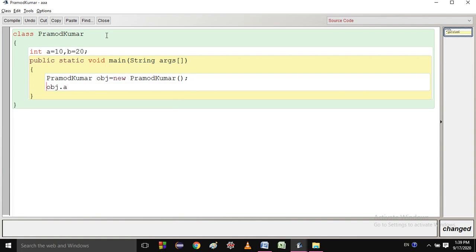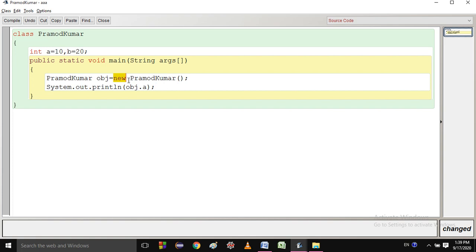I can print it like this: system dot out dot println. So here both operators are clear now. This is the new operator, which is used to make the objects.